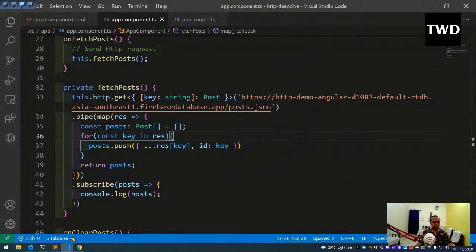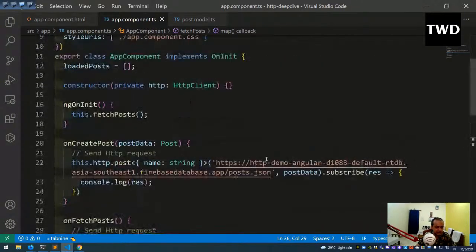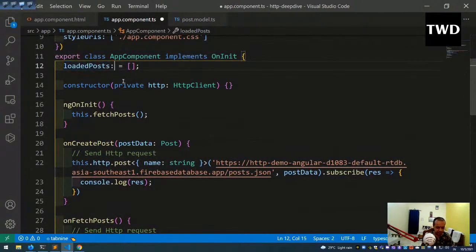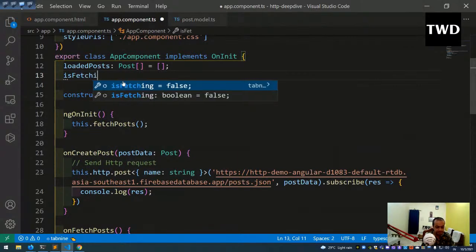we want to display our posts in the app, whatever we had done, and also show loading when the data is getting fetched. So for that, we'll come here at the onInit. Here loaded posts is already there, so let us also make it a Post array like this, and then isFetching